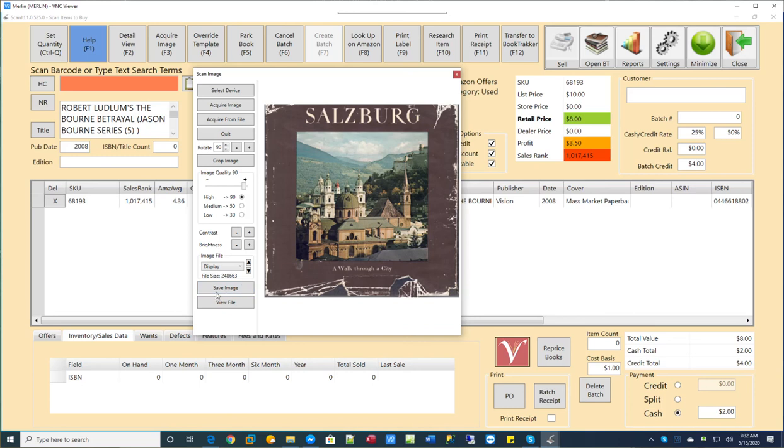That produces an image in the images folder with the SKU associated with the file name, such that when we send it up to a service, it matches against the SKU. BookTrakker, ScanIt, and ImageIt all put this together to automate this process so that you don't have to do anything other than what you've just seen here. So we're all set, so I'm going to close